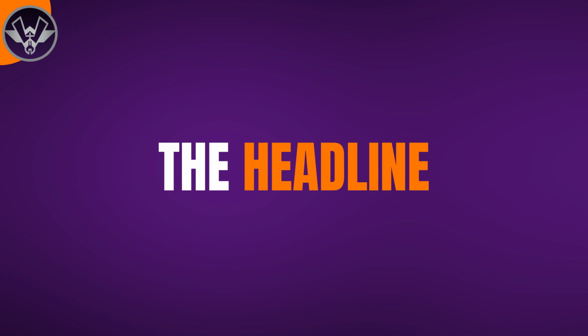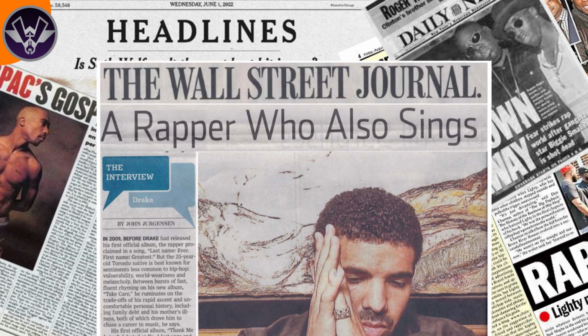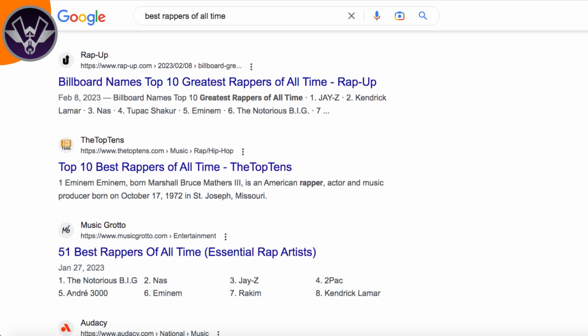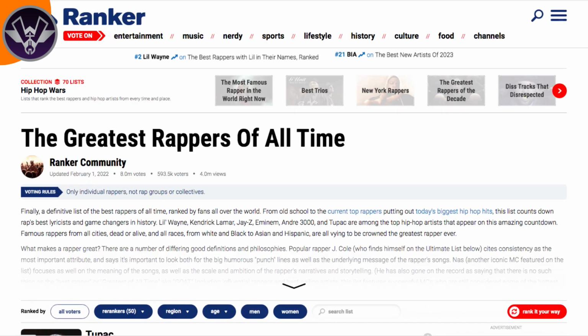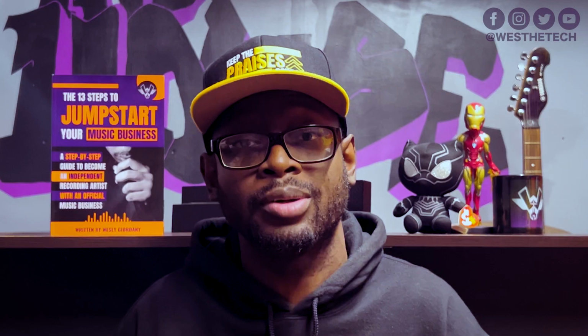The headline is basically the first thing that you typically see on the newspaper. It's the things with the biggest words, the biggest font size, right? When you're Googling something, it's typically the first phrase that you see before you click on the link. And when it comes to articles, it's the title of the article. It's the first thing that you see before you actually get into the depths of the article.